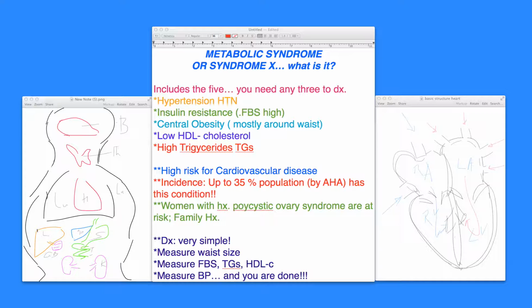Now, quickly, I just want to tell you what on the right side of the panel you'll see. This is my favorite schematic of the heart, where the heart is the circulating pump with 4 chambers. Aorta is coming out of the left ventricle and sends the blood across to the rest of the body. As blood is circulating all around, you'll have hardening of the arteries, which leads to hypertension. Plaques can form in the coronaries, where one can get angina and heart attack, cardiovascular risk. So there is a higher risk for cardiovascular disease.